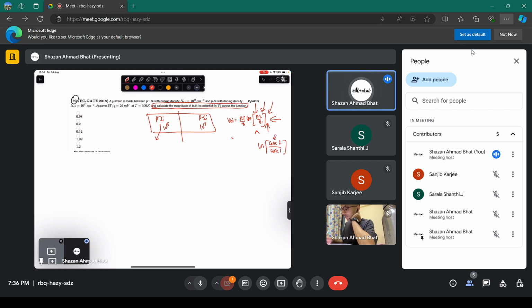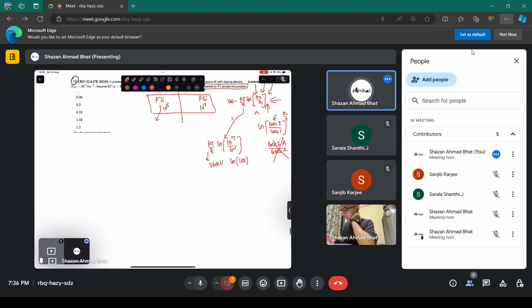If you write it in terms of hole concentration, then you have to write concentration of 1 divided by concentration of 2. That is P1 by P2. Here it is N2 by N1. So let's think about this. This is kT by q ln of 10 to the power 17 divided by 10 to the power 15. This thing is given 26 millivolt. This is ln of 100. This is 26 into 10 to the power minus 3. Ln of 100 is